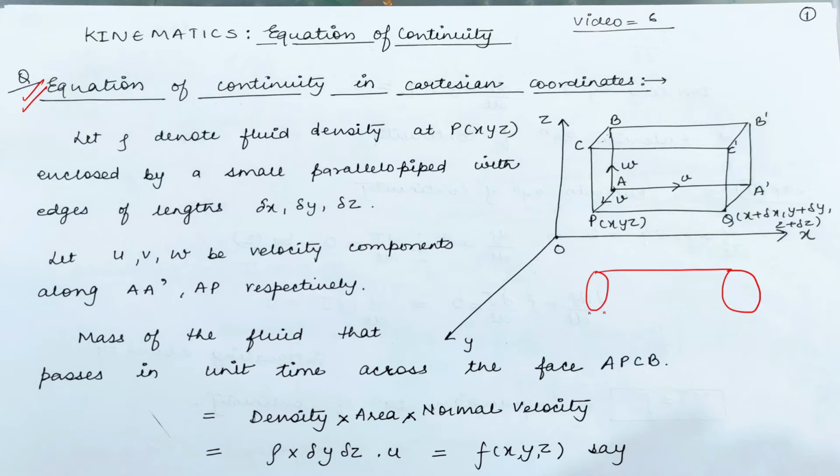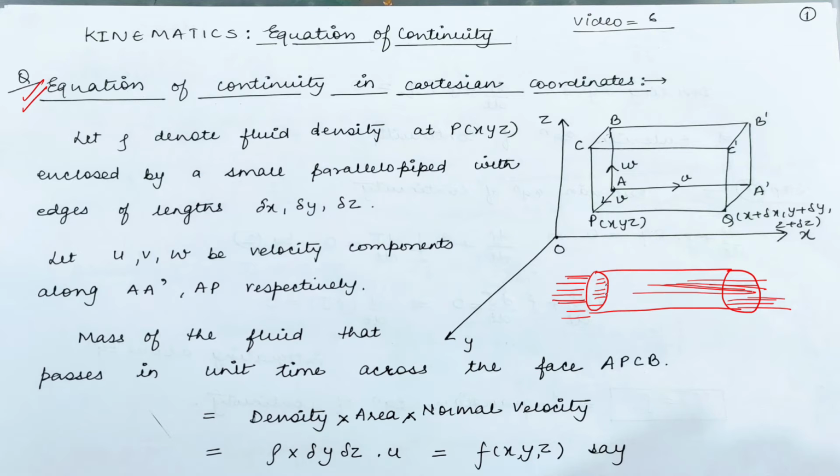They have taken a three-dimensional body, and it is a small section of a pipe, which they call a parallelepiped. The fluid is entering from this direction, that means the fluid particle is entering the pipe, and with a time t they are traveling and reaching the other direction and moving out.